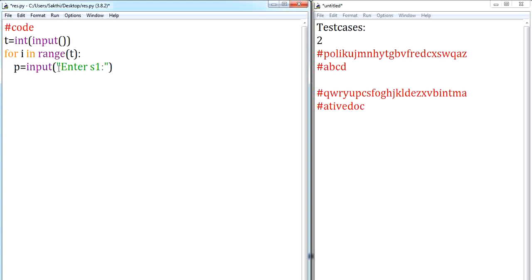Only for your clarification, I am giving string 1 and string 2. If not required, don't give these statements, just give only input. Don't give a parameter value. Clear? Now, let me give S input, enter string 2. So I am accepting string 1 and string 2, and this data will be accepted for the test cases I am giving.